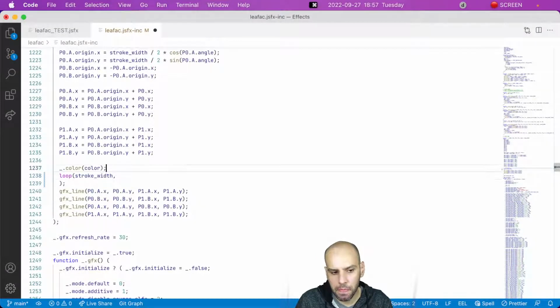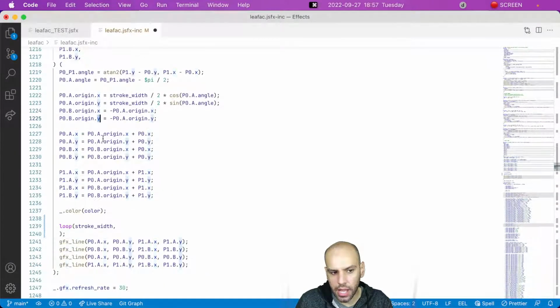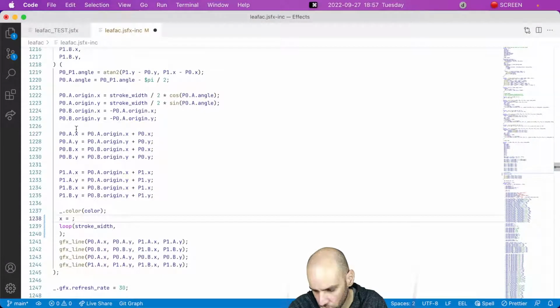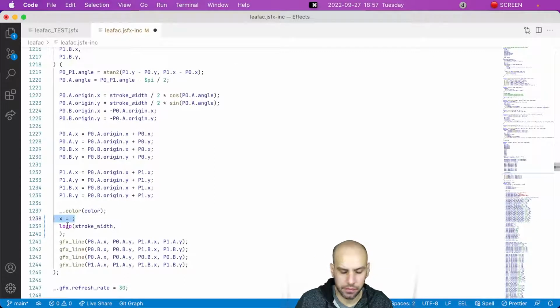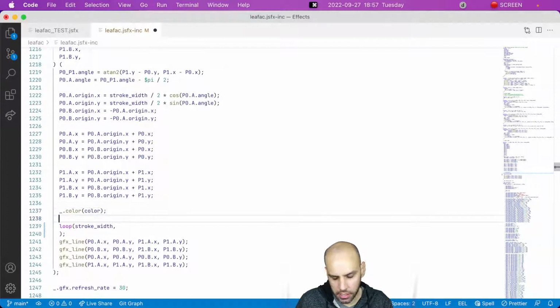And I think we need this notion of an X increment and a Y increment. So we are going to start X at, well, not really. Yeah, let's have this notion of an X increment, which is